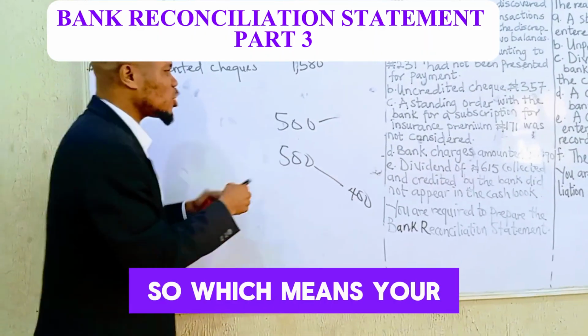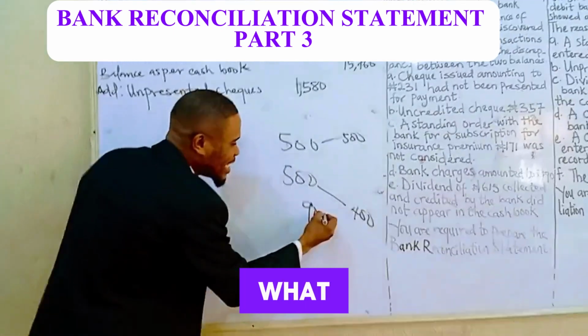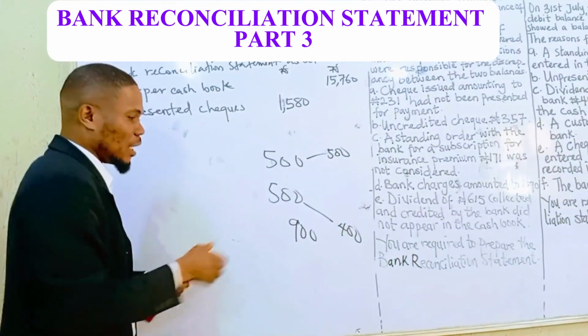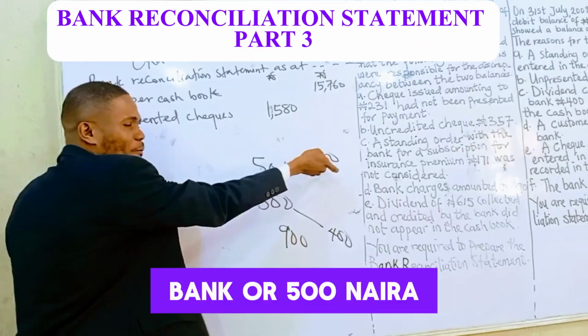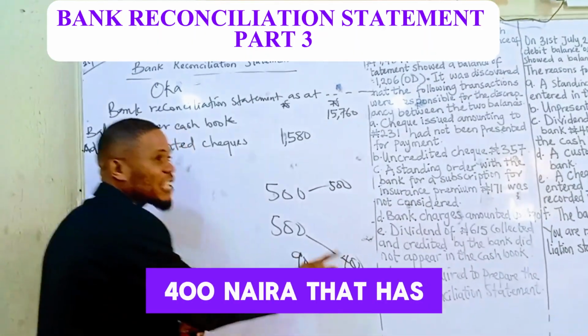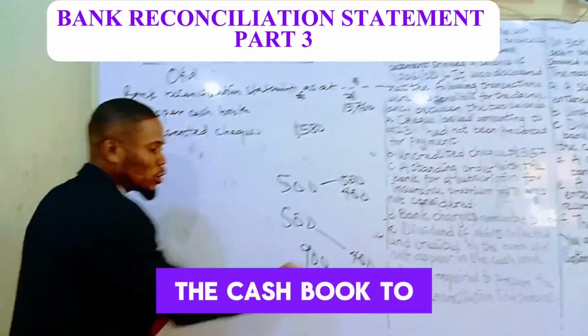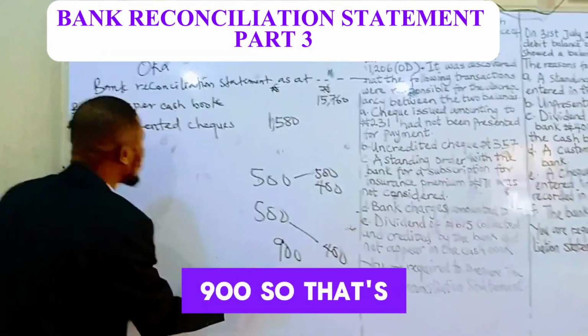So your cash book will still remain 500 naira, but what you have in your bank will be 900 naira. What are we going to do? That 400 naira that has been added to the bank statement will now be added to the cash book to make this balance 900. So that's